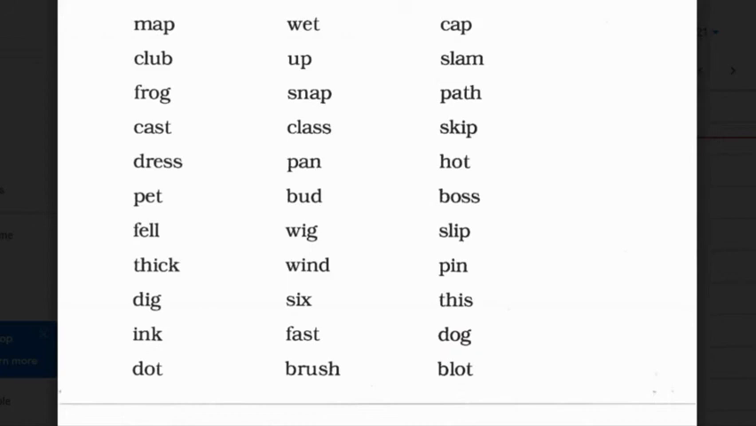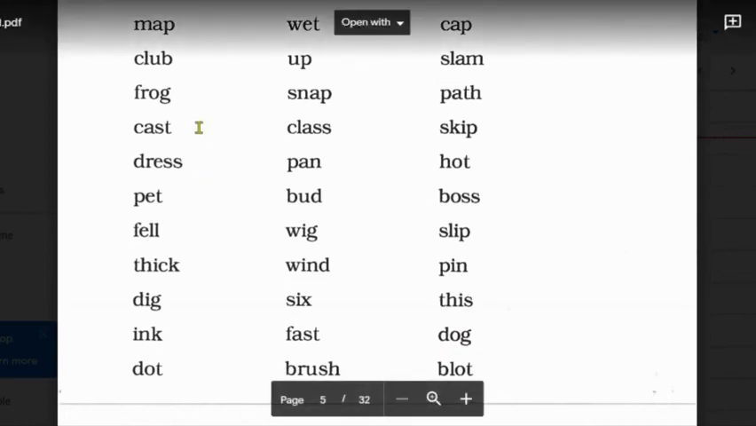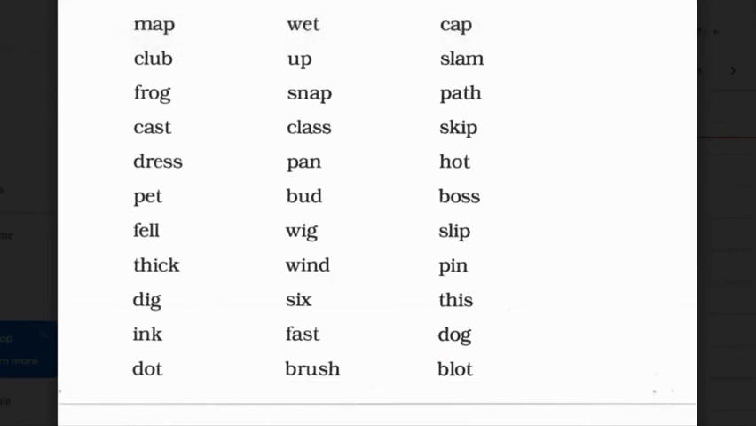So once again, your job now is to read these words as fast as you can, but make sure you look at the letters and put them in order. So this is going to be awesome. So you can start reading these